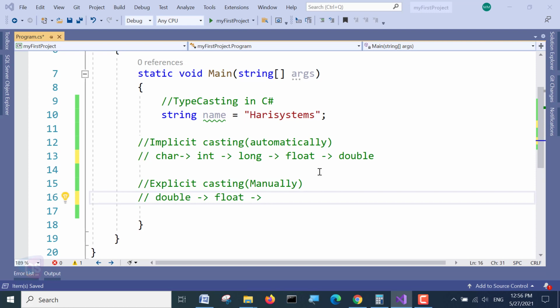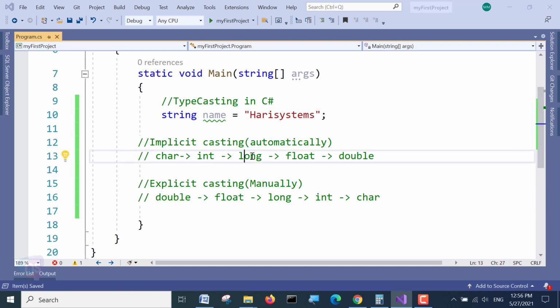Double to float, and float to long, vice versa, the arrow is completely opposite. Long to int and int to char. This way, implicit casting goes from this to this data type, and similarly explicit casting would be double to float, float to long, from bigger to smaller.